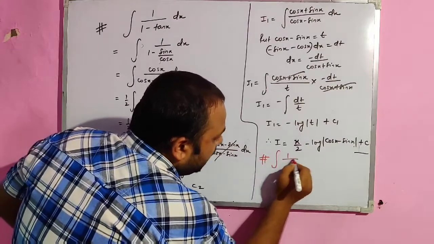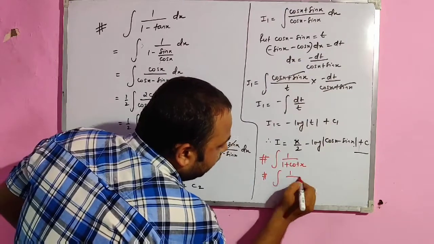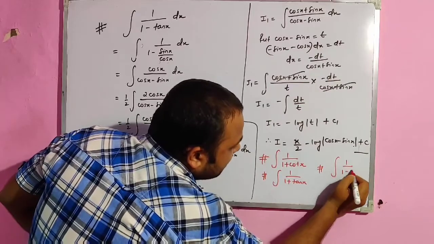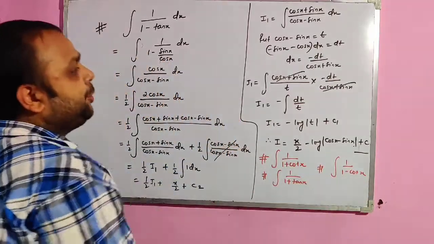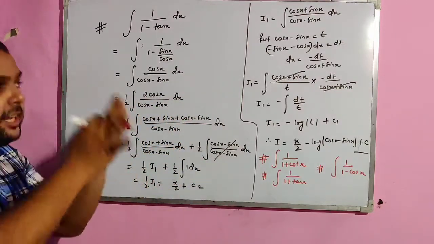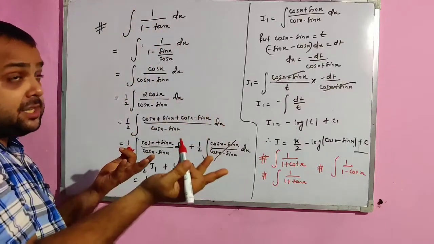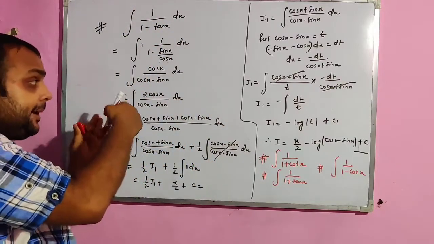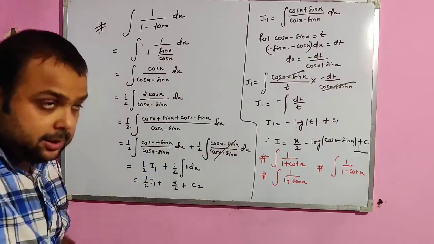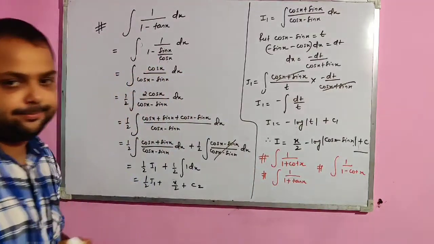1 upon 1 plus cot x, 1 upon 1 plus tan x, 1 upon 1 minus cot x. So you can try these three problems using this concept. So try to see the concept and format very carefully. What I have done: putting the values first and then substituting, multiplying by 2, dividing by 2, and then making a relation with respect to the other. So please see this question very carefully and try solving these three problems.